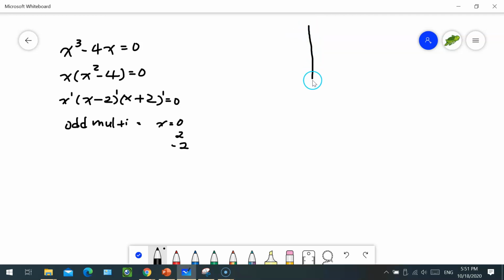And now we can start to label those points. x equals 0, that means (0, 0). x equals 2, that means the point is at (2, 0). And the (negative 2, 0). So the ordered pairs will be (0, 0), (2, 0), and (negative 2, 0). The next step, we need to use the end behavior